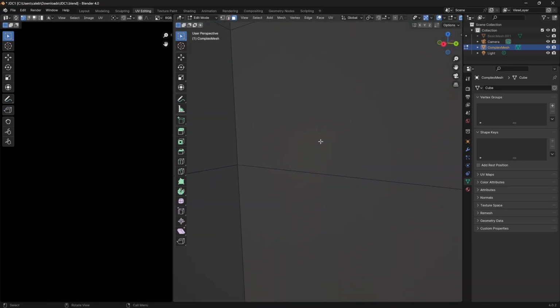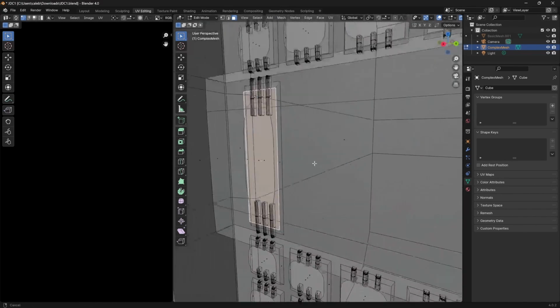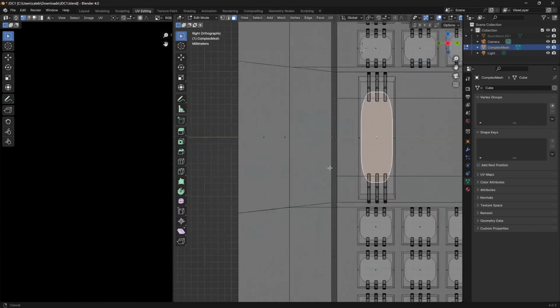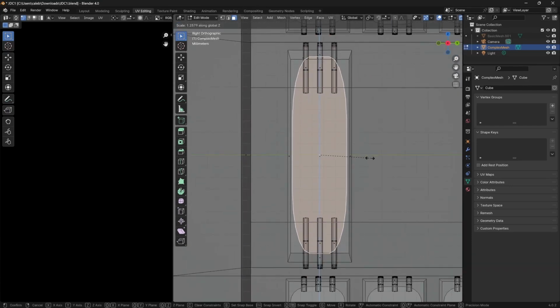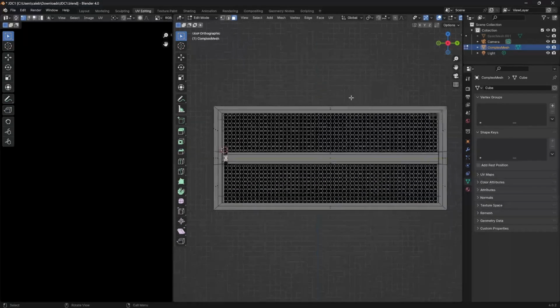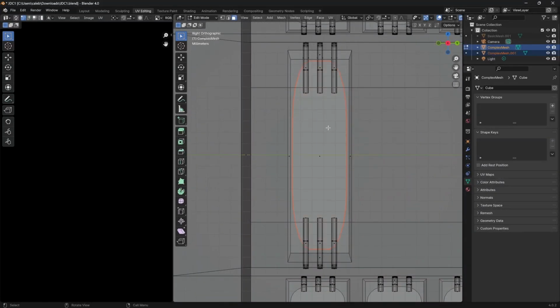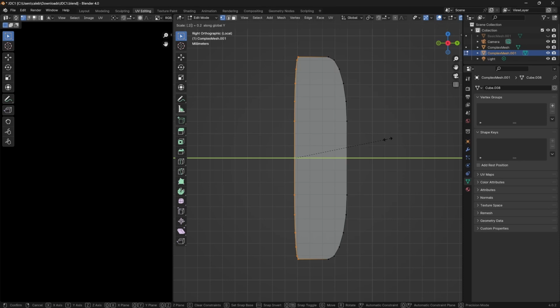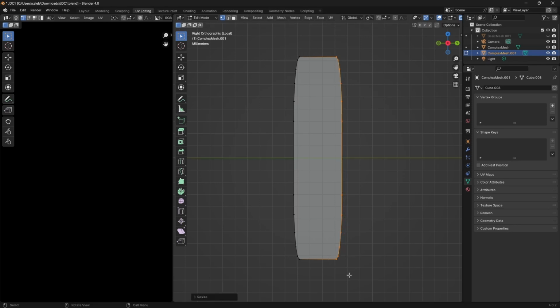Okay. And then this front little square right here, I'm going to select that and then just scale that up a little bit. Let's do this. P to separate this, and then with just that selected, let's just shape this up a little bit. So I'm going to select everything on one side, hit scale Y, and make it 0.3. Do the same to this side, S Y 0.3. And then on both of these,